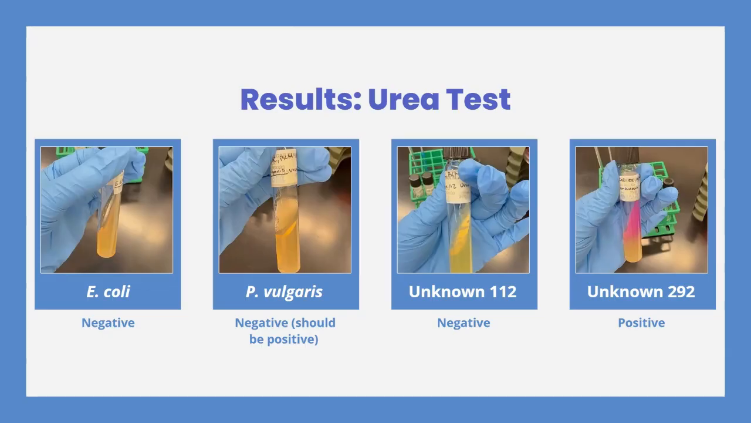The E. coli was a negative because it lacks the urease enzyme, meaning that urea will stay intact and pH will stay acidic in the urea. The P. vulgaris should have been a positive, though it presented as a negative, possibly because of a lack of bacteria on the actual slant. It appears there's no growth there, so the bacteria could have died when transferring. But it should have been a positive because P. vulgaris does produce urease,